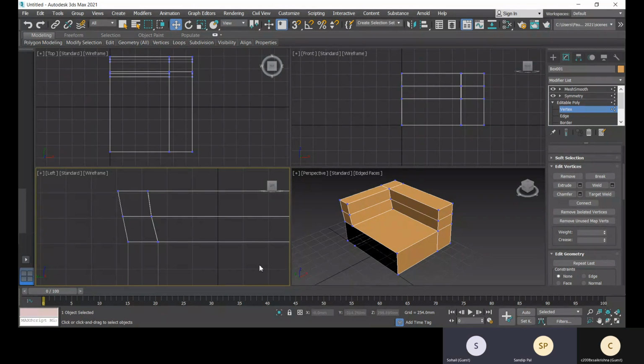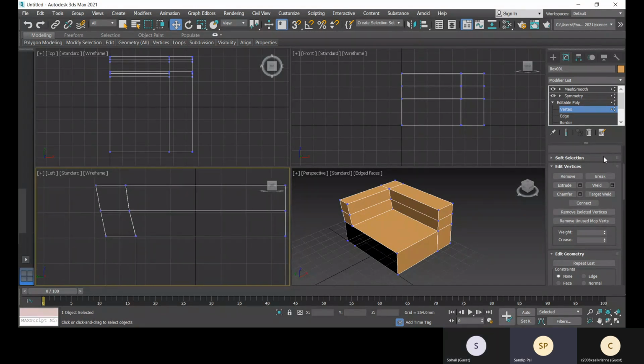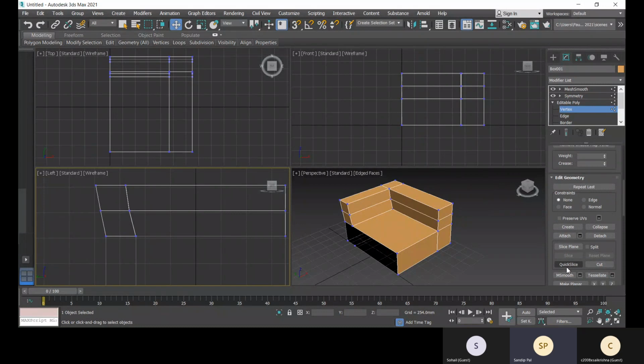Yes, sir. So for that you can add more points with that quick slice. More points will help you to have smoother curves. The more vertices there are, the more exact and smooth the curve will be. Okay. So that you can do with this quick slice.